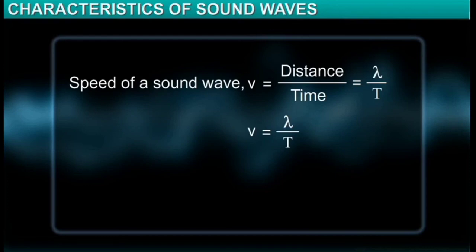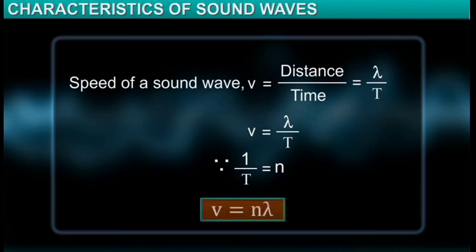It is denoted by the alphabet V. The reciprocal of the time period of a sound wave is equal to its frequency. Therefore, the speed of a sound wave is the product of its frequency N and